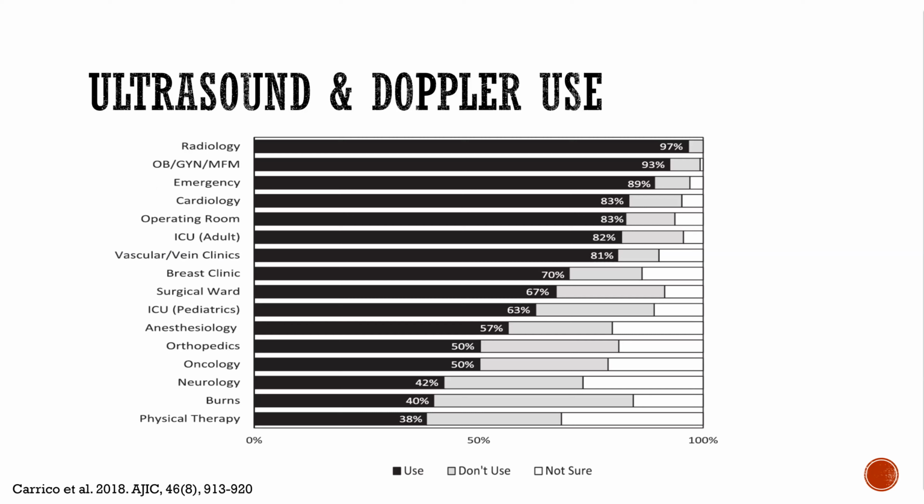So this is a slide or an image that was taken from an article published in the American Journal of Infection Control. The reference is here, but it's also on the reference list you'll be sent. This really highlights where ultrasound has been reported as being used. This information was collected during a survey to look at where and who was performing ultrasound. You can see that radiology and OB/GYN areas have the most, but it's interesting to see some of the other places that you might find them.